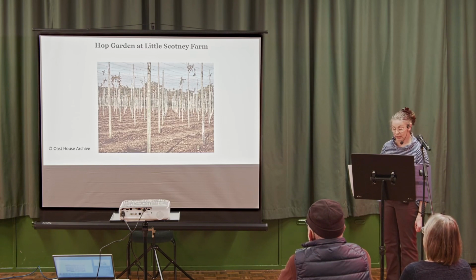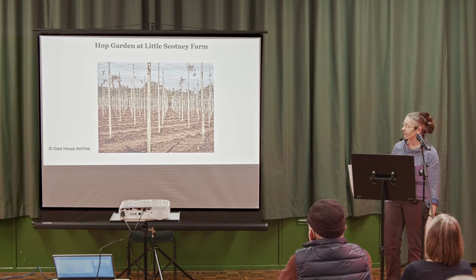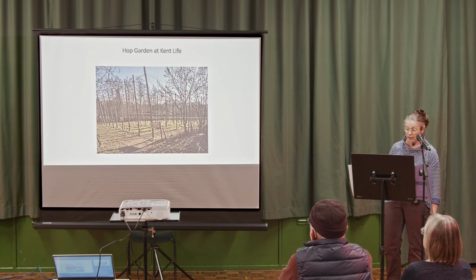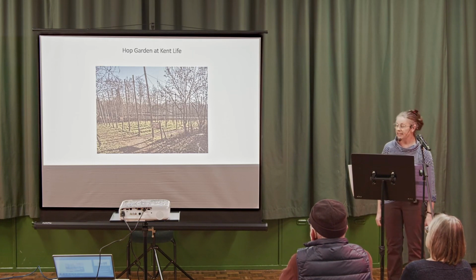So now we're going to have a look at the hops over the years, because I said that they started being planted in the 16th century, and originally that would have been in monastery gardens, really. But we're going to go through a look through some of the centuries now. So starting with the 17th century, and this is a hop garden that you can still see today at Kent